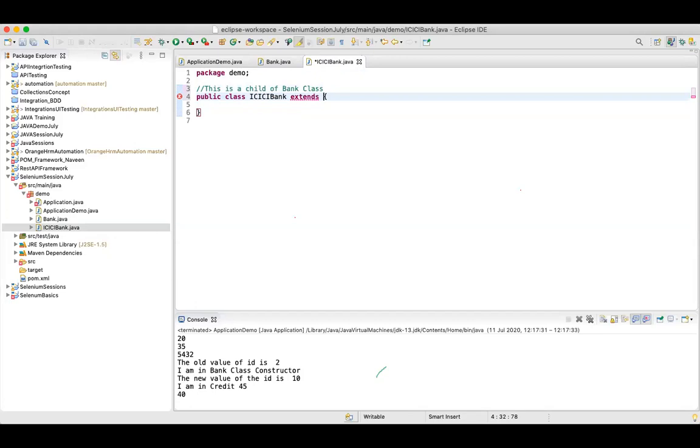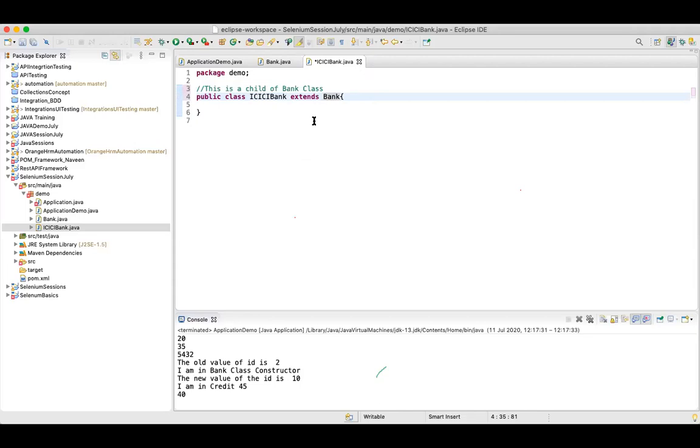What is the meaning of extends? It says that this particular class is extending one of the classes. And which class do I want to extend? Bank class. At this statement, Java will understand that bank is my parent class and this is my child class. I am extending my bank class over here.